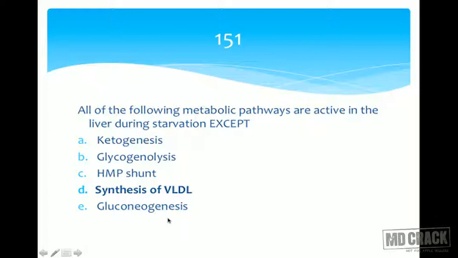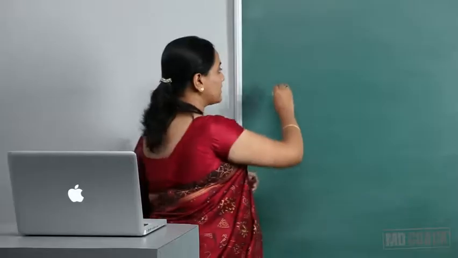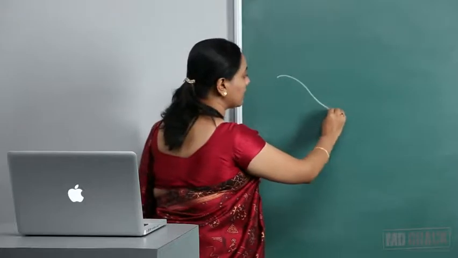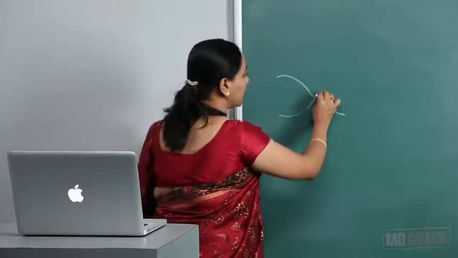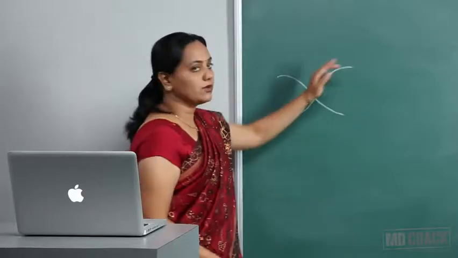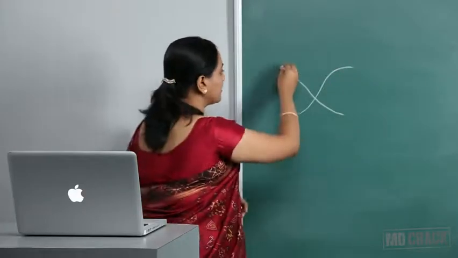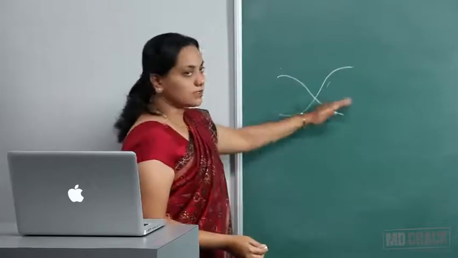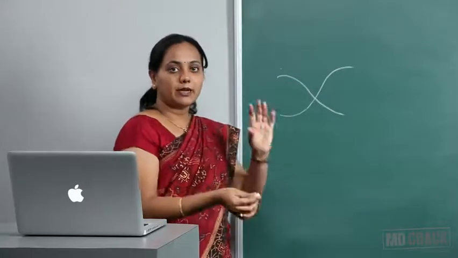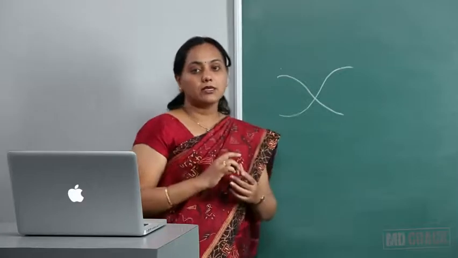Gluconeogenesis is definitely occurring as soon as the glycogen stores are declining. Initially it will be glycogen which gives the blood glucose level. Gluconeogenesis will be low at first, but as glycogen declines, gluconeogenesis is going to increase. So this will be glycogenolysis and this will be gluconeogenesis. This is how they both help in maintaining the blood glucose levels.